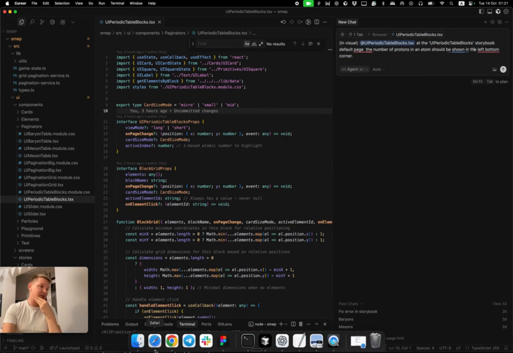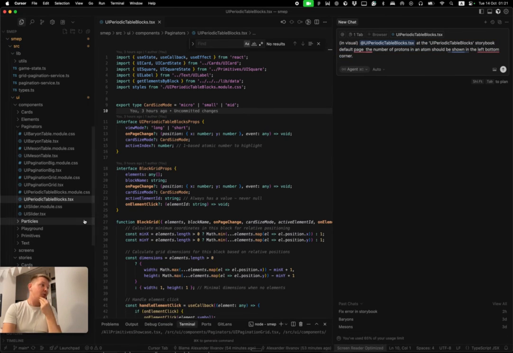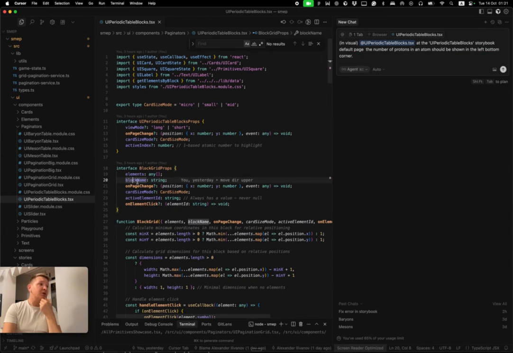For example, as you can see, I'm trying to follow and use my properties with at least 2 words, like block name elements, card size mode, or active element ID.